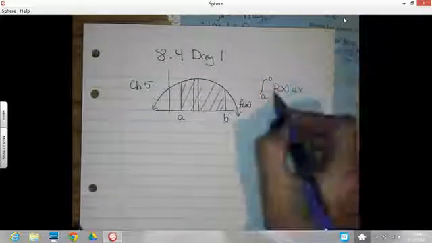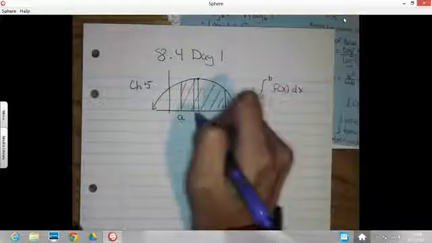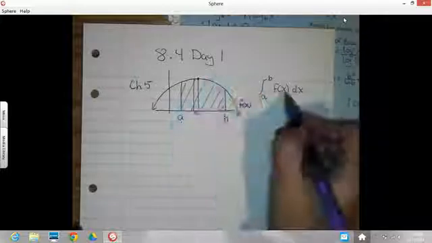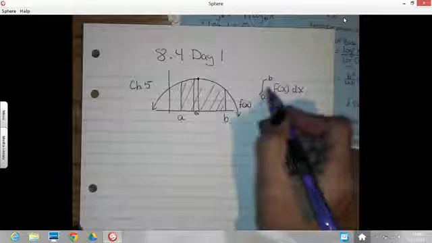And remember what this was doing: the f of x value was giving you the height of the rectangle, and the dx was the width of the rectangle. So this is actually finding the area of a single rectangle, and by doing it from a to b, it